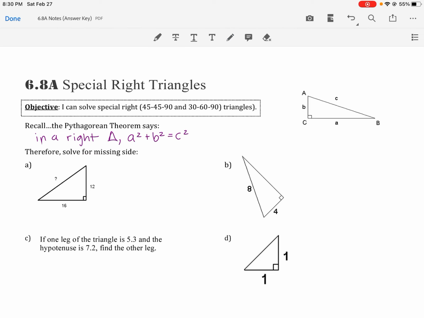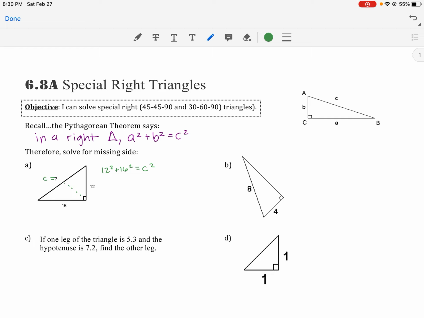Okay, so let's go ahead and do a couple examples. It says solve for the missing side. So I'd always recognize, what's C? Across from the 90-degree angle is C. So here you'd have 12 squared plus 16 squared equals C squared. So we're solving for C, we'd have